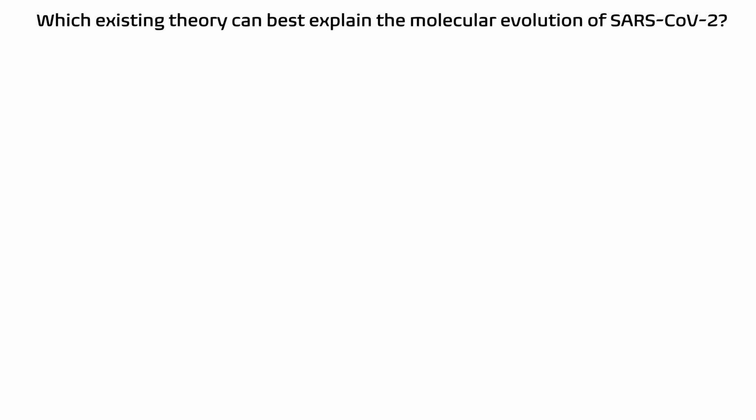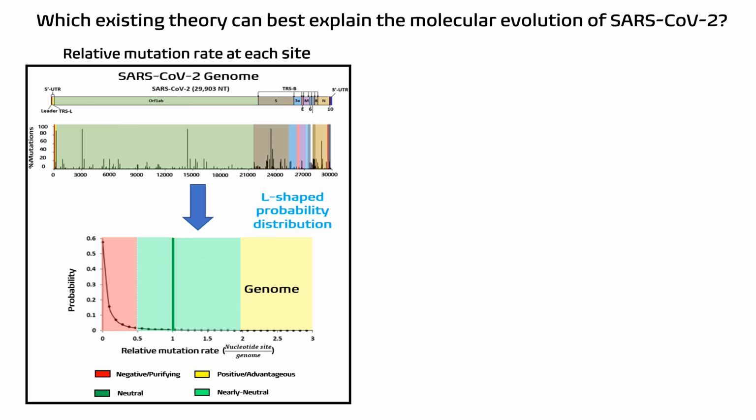Understanding the molecular evolution of SARS-CoV-2 is key to developing effective antiviral medicines and vaccines to end the COVID-19 pandemic. By counting the total percent of mutations occurring at each site over the entire SARS-CoV-2 genome, using over 11,000 selected